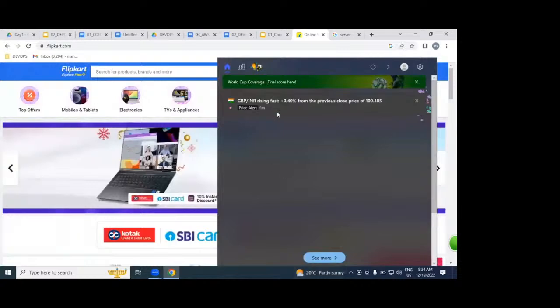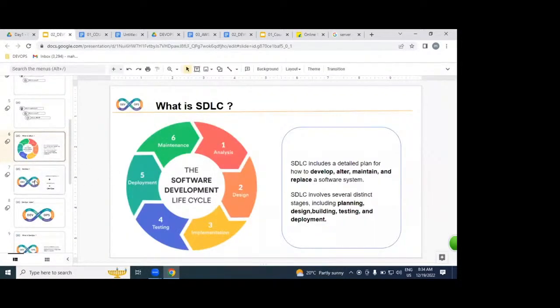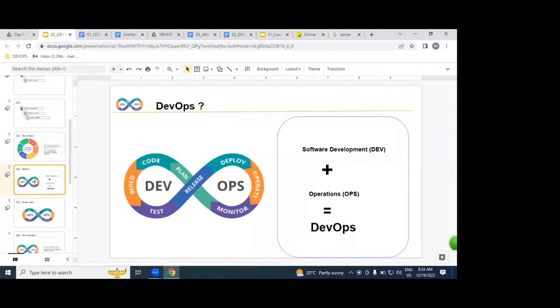On top of SDLC, we are going to be implementing our DevOps process. What is DEV, guys?